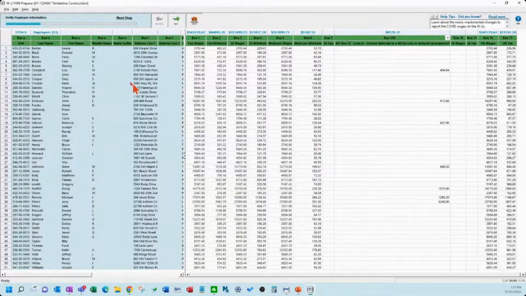Okay, so in the system, it's pulled down the various totals for the year for Fed wages, Fed withholding, as you can read across the top here.